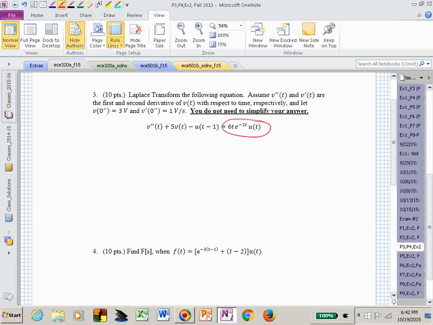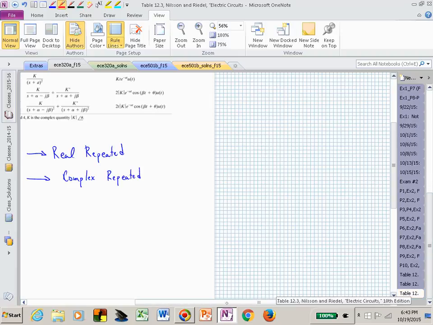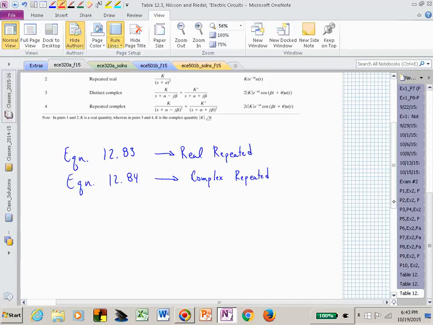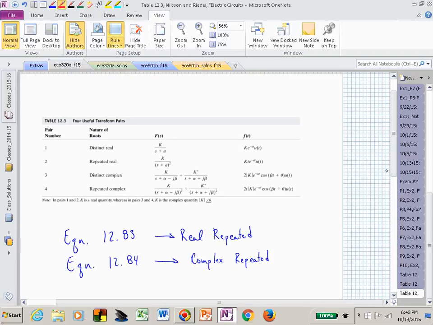This one on the right isn't really that hard, is it? That's actually coming to us from this table. That's line number 2, isn't it? From that problem, if I just wrote,